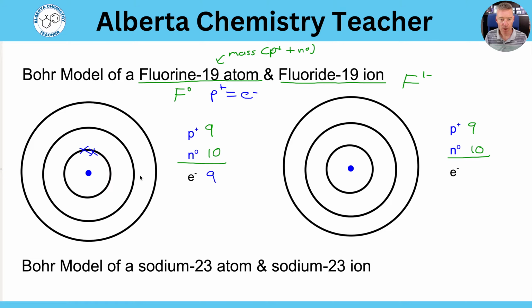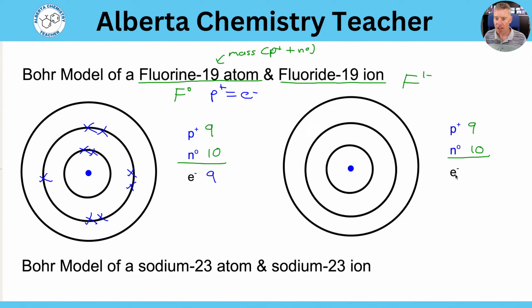We've used 2 already, so there's 7 left. It can hold 8. We only have to put 7 in it. So we can put in 1, 2, 3, 4, 5, 6, 7. Okay. And this outer ring has none in it. Now your teacher may use circles or different shapes. There's nothing special about the axes that I used. If we move over to the fluoride ion,